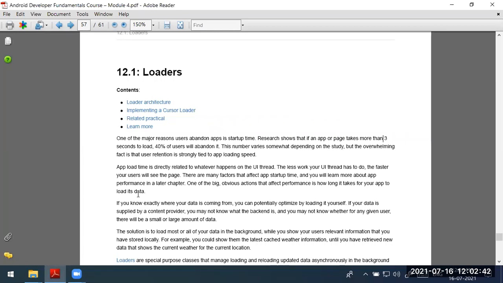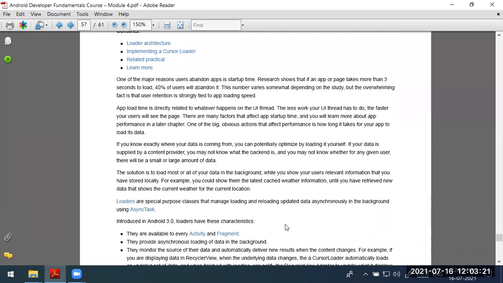Work like loading from the database and creating database connections should be done as a background process, even when the application opens. Whatever is required for the front end when the app first opens, give only that work to the user interface thread. Give all the other things to the worker thread. Then it will solve the problem, and it will not take too much time to load.